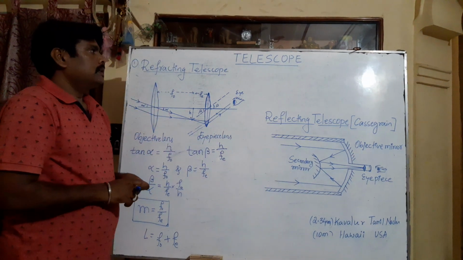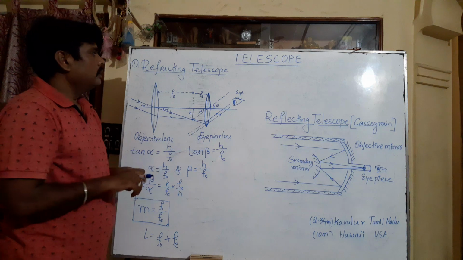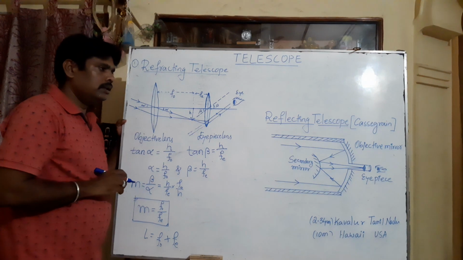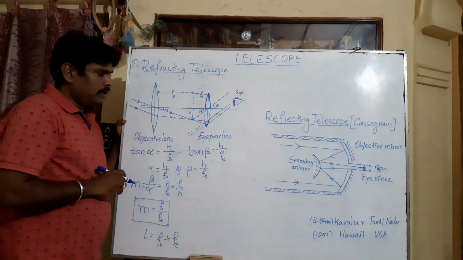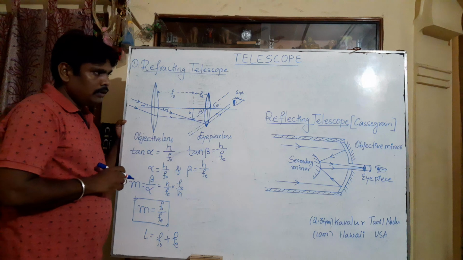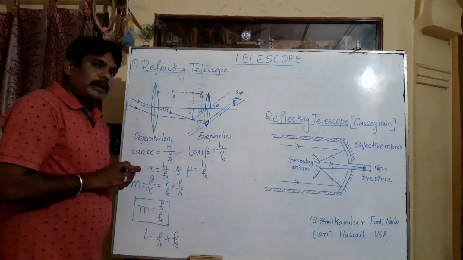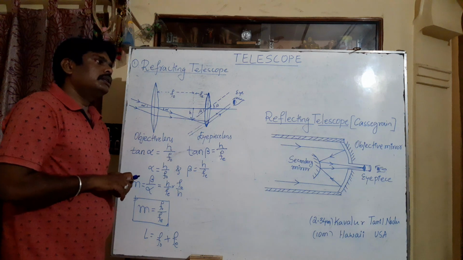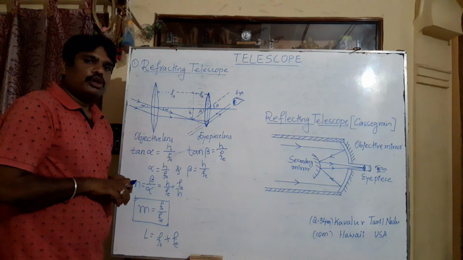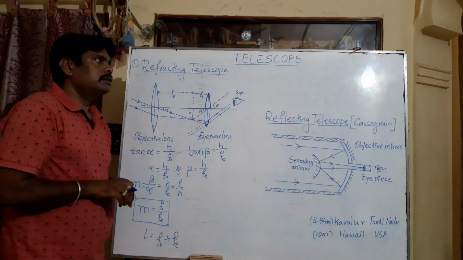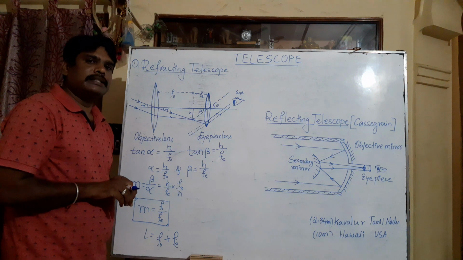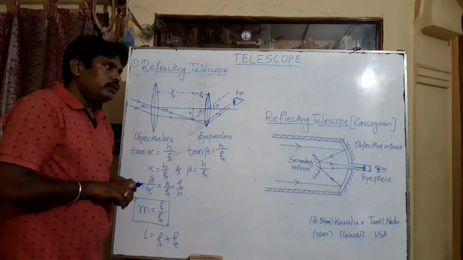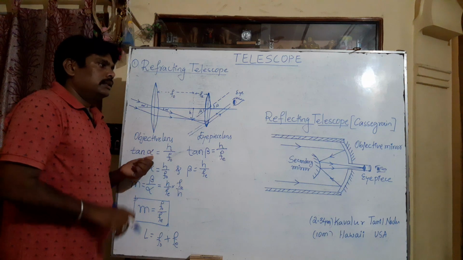So this is the end of the telescope topic. This completes the whole theory of ray optics. We have already completed ray optics. In the next coming video, I am going to revise all the things present in this topic. After revision, I am going to solve some important problems related to this, and it will help for your NEET and CET examinations also, right? After the theory, I am going to conduct a test on this topic, right?